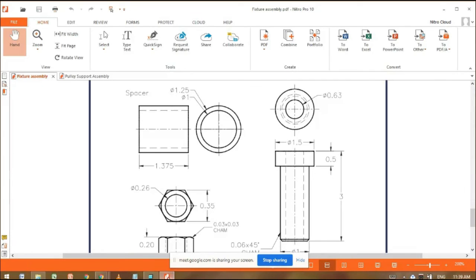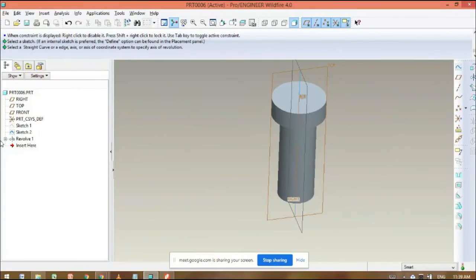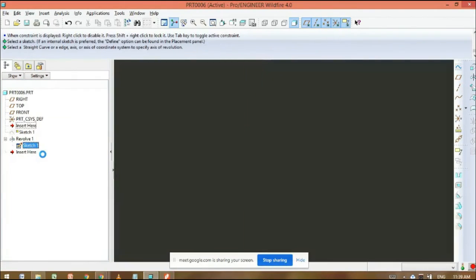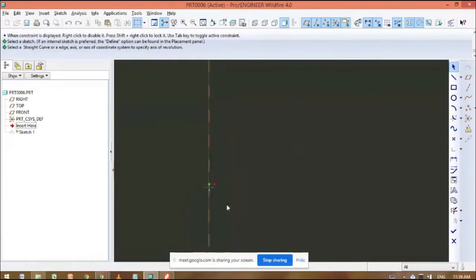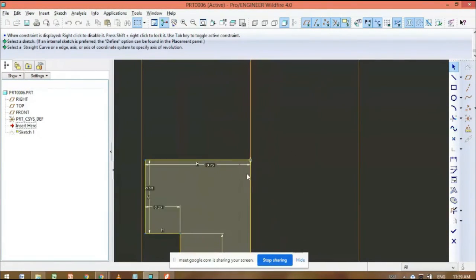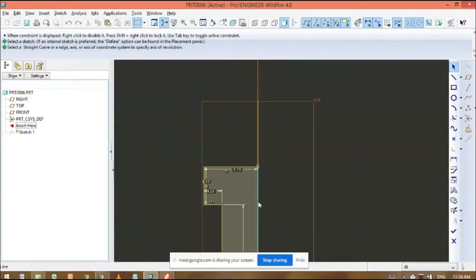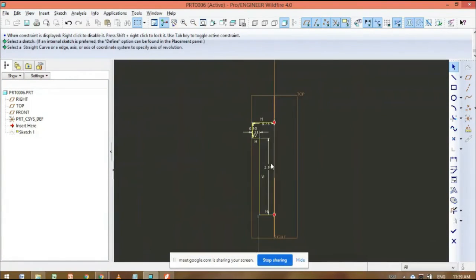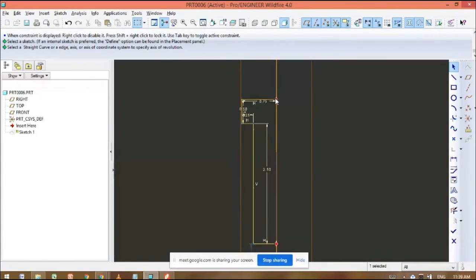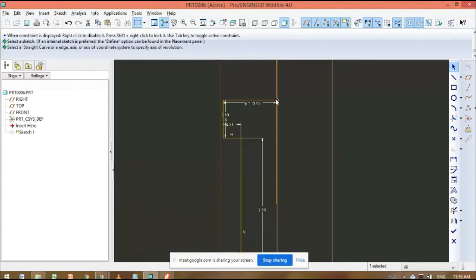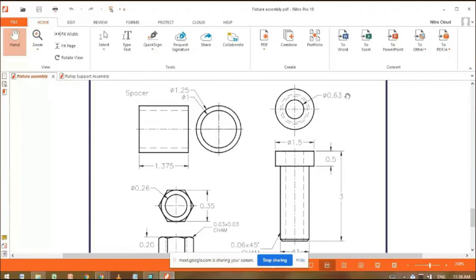And for that, see, we can change the sketch in the revolve. Click on the sketch, edit definition. So if we change these dimensions, there is a hole at the center. So I want to change the dimensions. Okay, here again the center is 0.63.